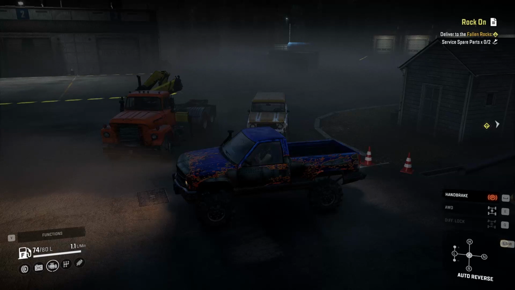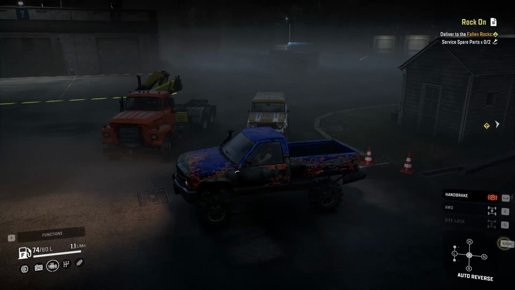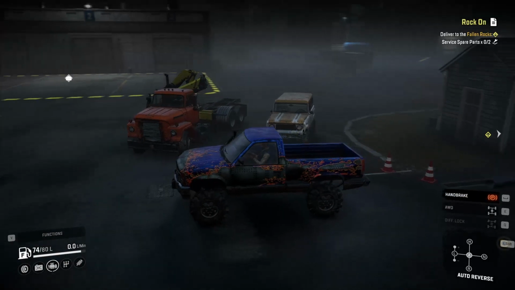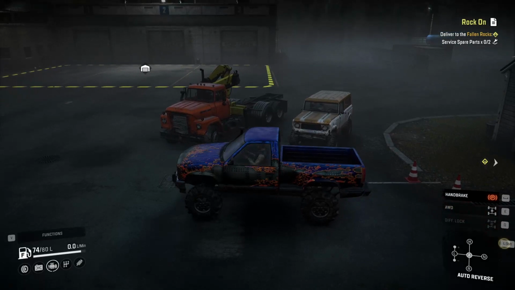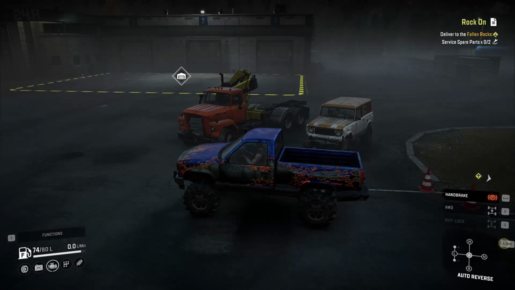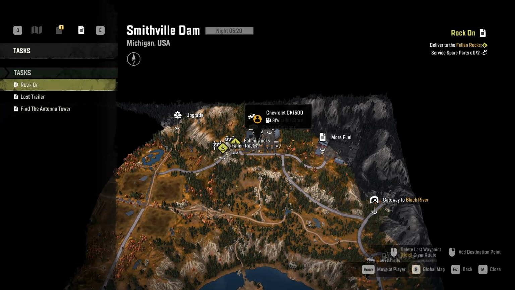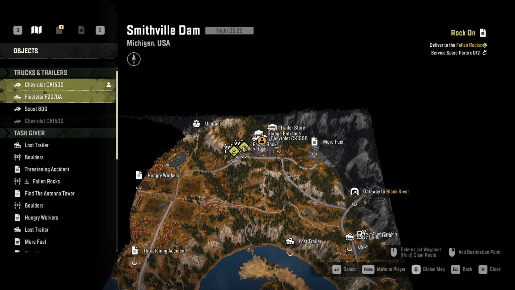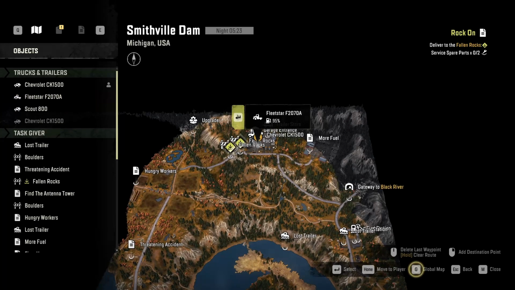Okay, here we are. I've got all 3 vehicles moved. Well, the 2 vehicles that I moved, the Chevy pickup truck and the Fleet Star, I've moved over to Smithfield Dam. The Scout 800 was already here. In comparison to the upgrades we got on the Chevy now, I don't think the Scout competes. We may sell it,